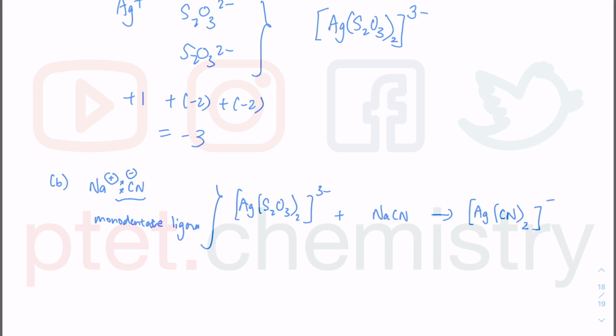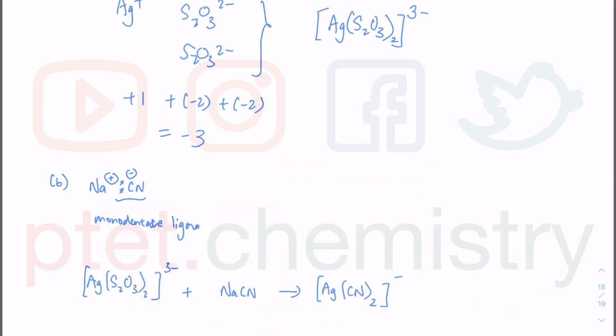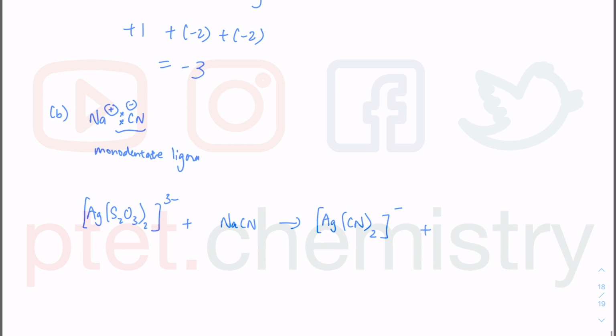You're going to end up with overall minus 1. I think it's best if I move my equation down there so that I will not run out of space. And what happened is I'll kick out my S2O3 2 minus. But don't forget that I started with NaCN, so I should have Na plus as my spectator ion lingering around here. If you have Na plus and you have S2O3 2 minus, you can hopefully imagine that the charges have